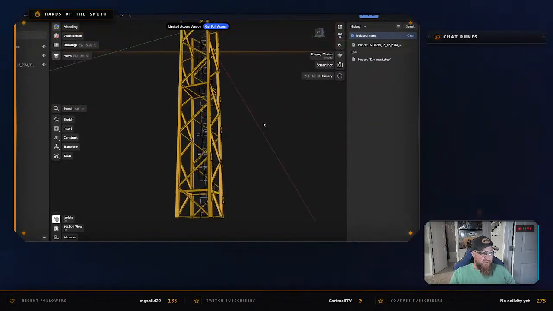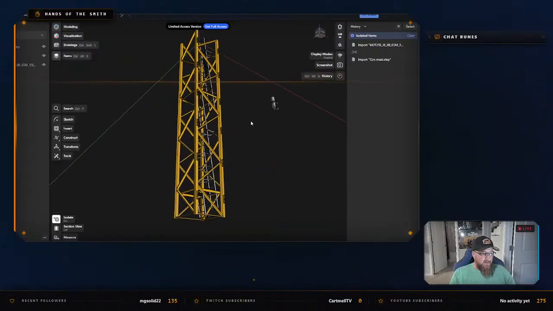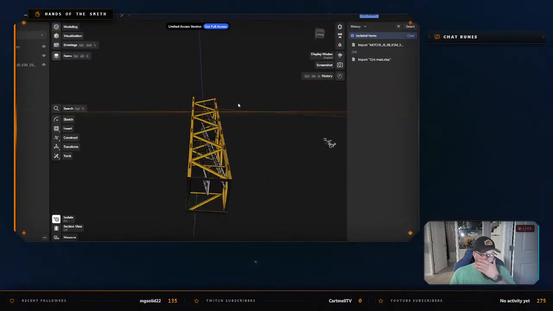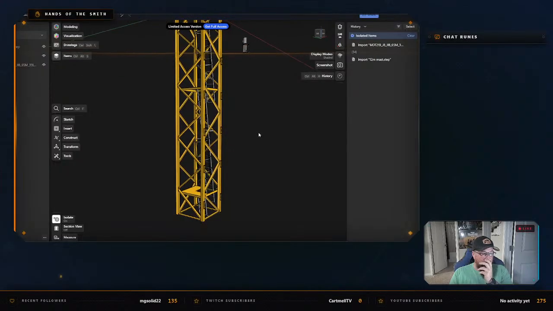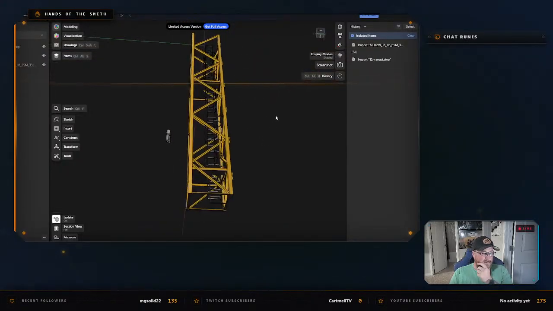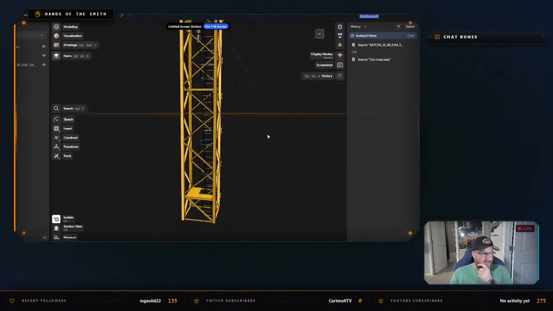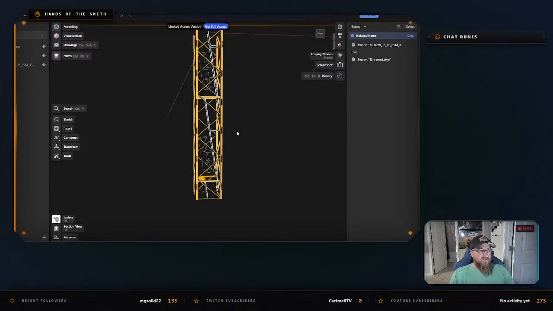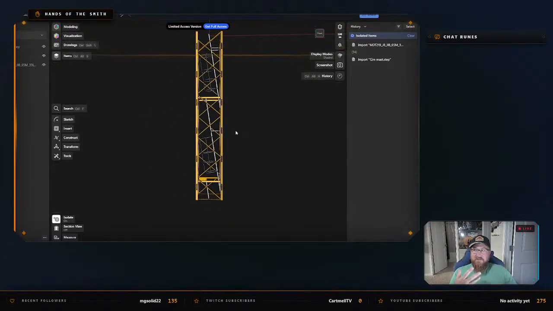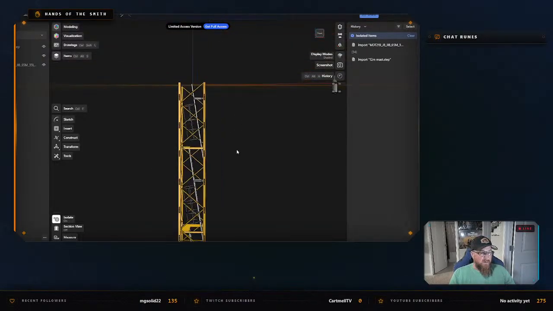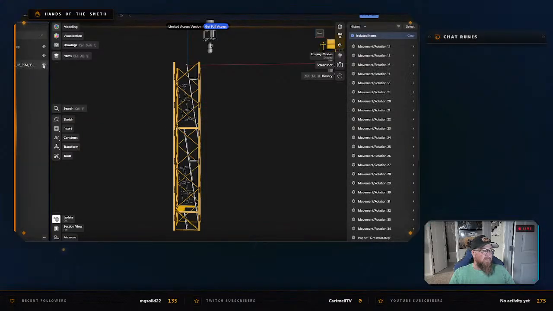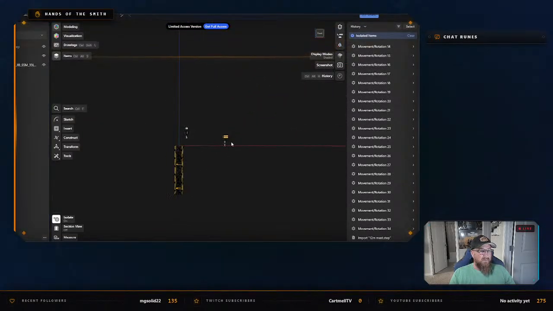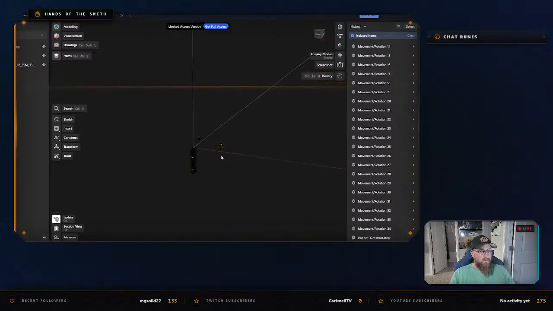Because each one of these ladders is going to be a nightmare to print in and out of this. I guess the first thing would be to pull this all apart, because when we have the rest of the crane in here,